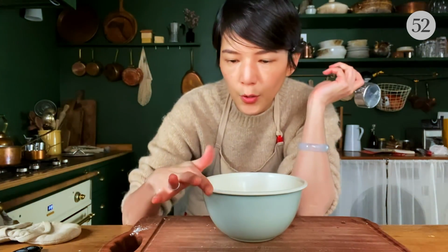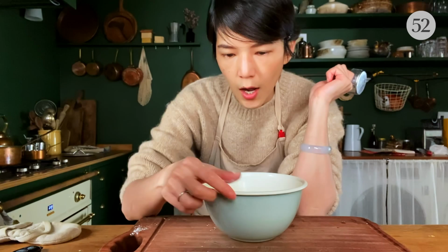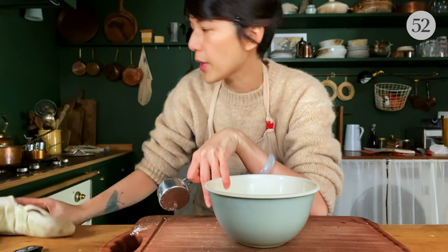So the noodle is not just made of pure meat, of course. It's made of meat and starch. And specifically, I'm using a combination of tapioca starch and cornstarch. And here I have a bowl of tapioca starch. And the first thing I'm going to do is